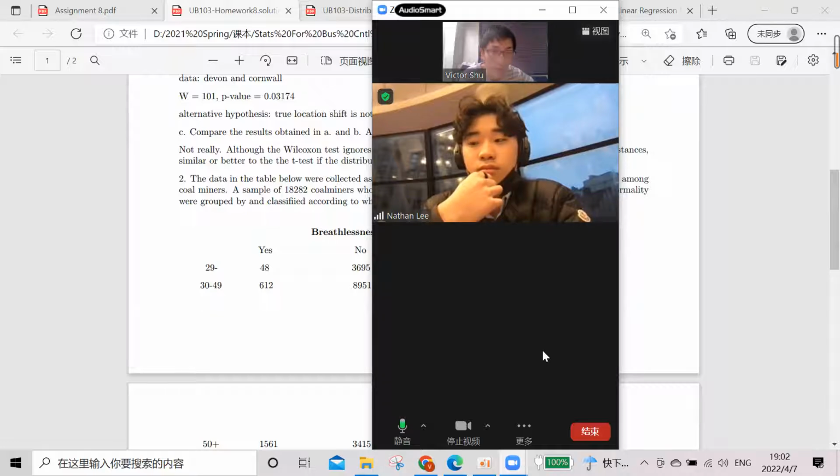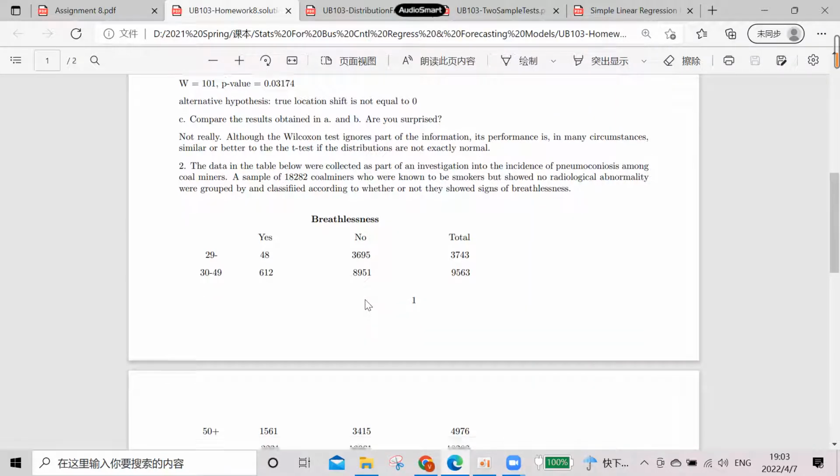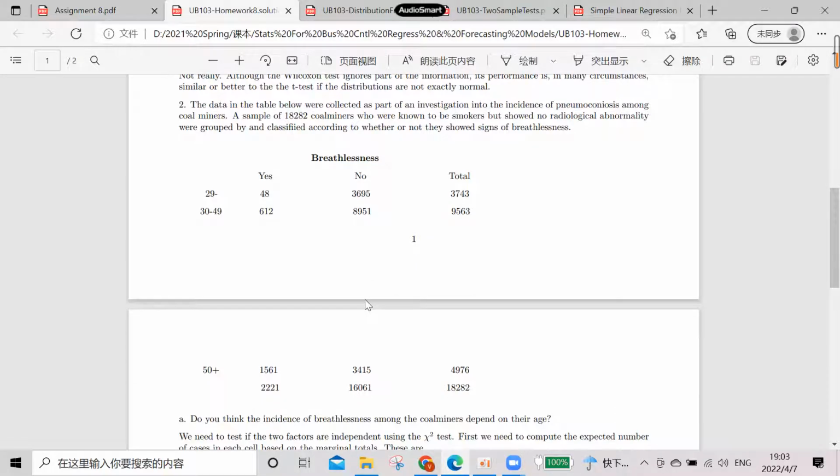I don't know if you have covered that. Oh, okay, yeah, we did. It's a chi-square test, so basically it's a test for independence. After a chi-square test, you can draw two conclusions, either one. First, the illness is not related to the ages. Or the second conclusion would be the illness is correlated with the ages. So basically that test cannot give you other